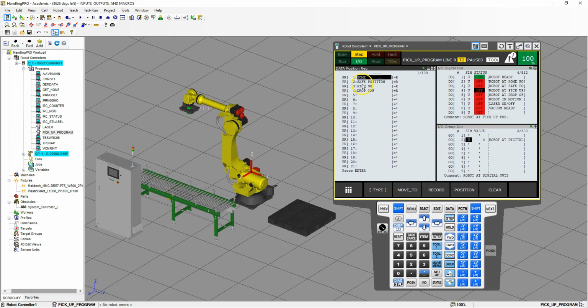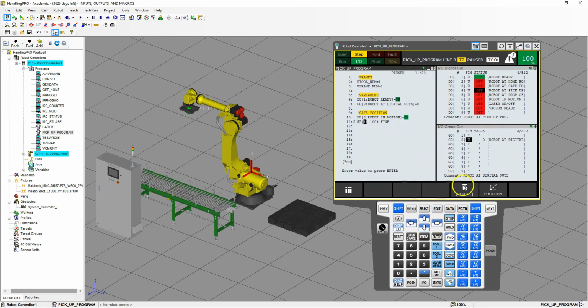So safe position is position register number 2. So when we go back to edit and we go to choice, position register number 2. And we're going to go there, and once we are there, we want to turn our digital output number 6 off, representing we are not going to be at that position,